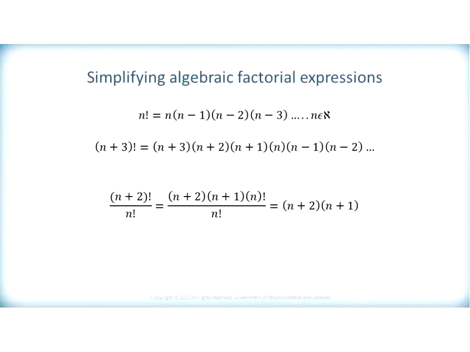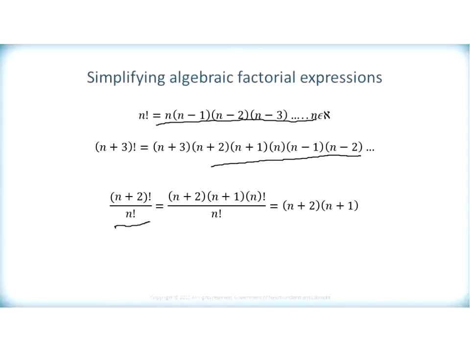Simplifying algebraic factorial expressions. N factorial is n times n minus 1, n minus 2, n minus 3, and so on, where n is a natural number. N plus 3 factorial is n plus 3, n plus 2, n plus 1, n, n minus 1, n minus 2, and so on. If we were simplifying a factorial expression of n plus 2 factorial over n factorial, we simplify